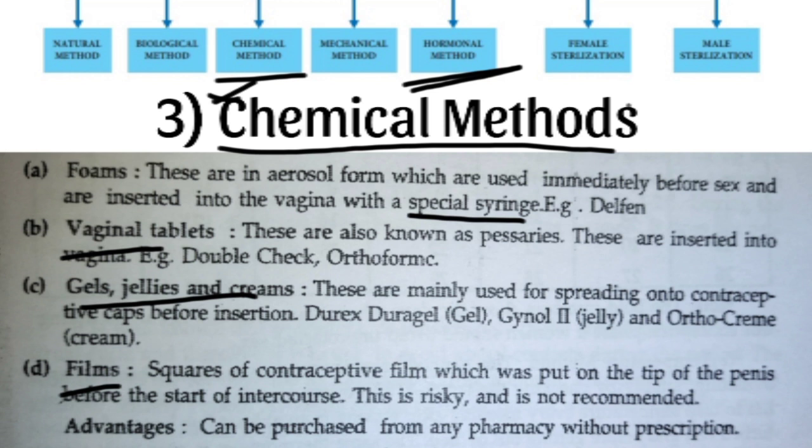Whereas hormonal tablets, you will take the tablets orally. And chemical methods are only applicable when you have sex. Before having sex, the chemical method should be followed. Whereas the hormonal method should be taken daily, whether you are having sex or not, to regulate